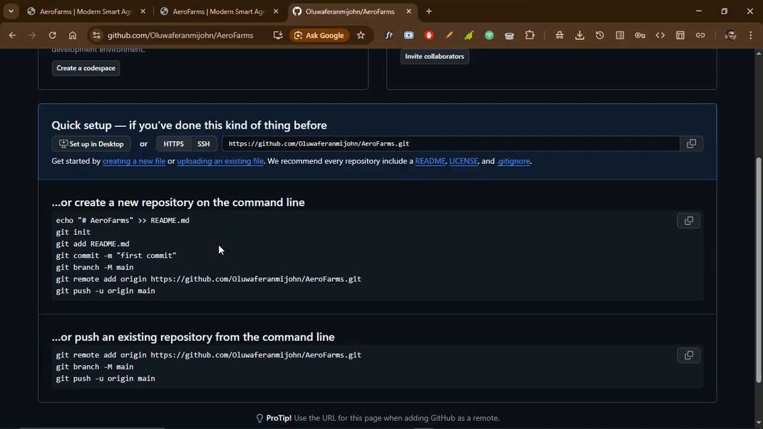Then the branch. The branch is just like a section. I can have a main section, I can have a master section, I can have any type of section. It's just like when you go to a supermarket and they have the baby section, the adult section, the cosmetic section, the engineering section and so on. So that's it. Then the remote add origin